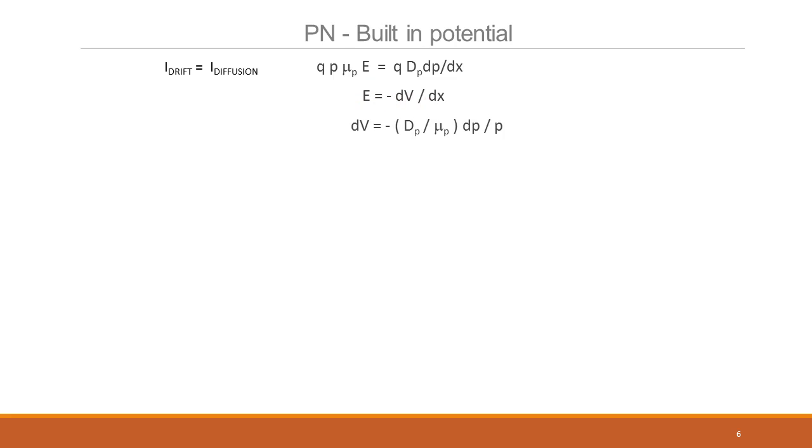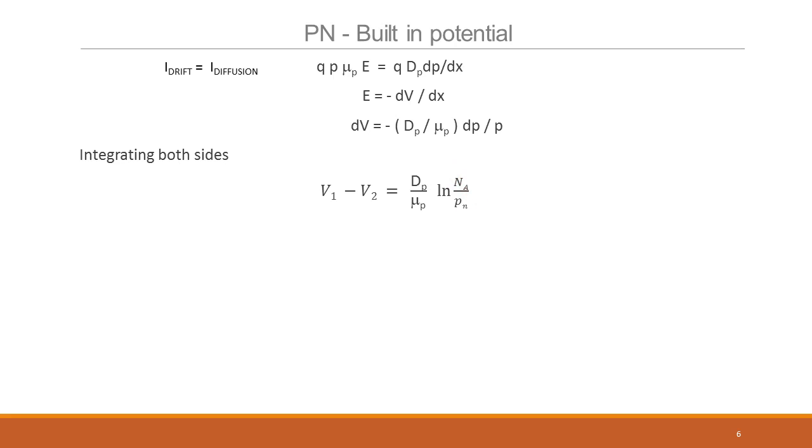So if you just substitute it here and then rearrange the terms, q and q will cancel, right? The dx will go. So dV is minus Dp by mu p, dp by p. Right? This Dp by mu p is actually kT by q, but we'll come to that. That's Einstein's equation. Right? So if you integrate both sides, you get V1 minus V2 equal to Dp by mu p ln of Na to Pn. You can do that by yourself, where Na comes because it is p subscript p, the amount of